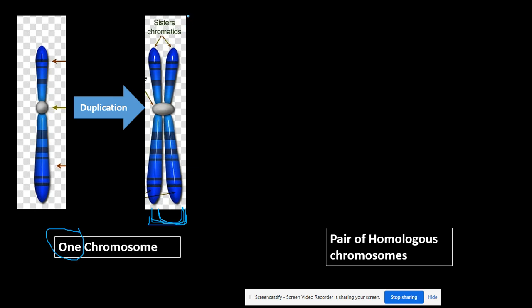Okay, so this is one chromosome made up of two sister chromatids, and these sister chromatids are joined together by something like a belt. If you want, you can call it a belt. Usually we call it the centromere, and you guys know it, but if you want to refer to it as a belt so you won't forget it, say it as belt. So this belt or centromere is what holds the two sister chromatids